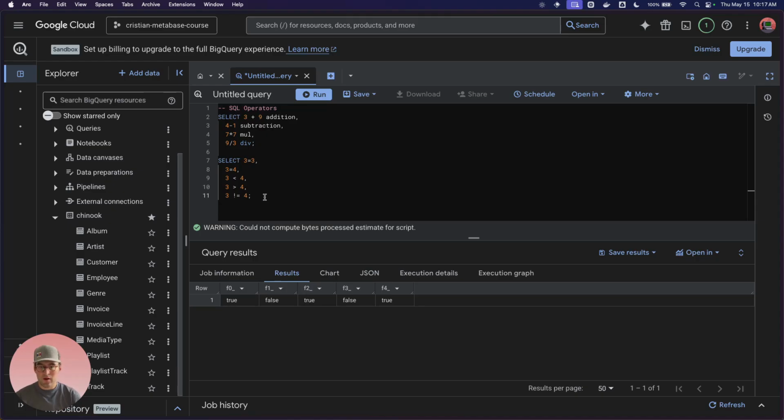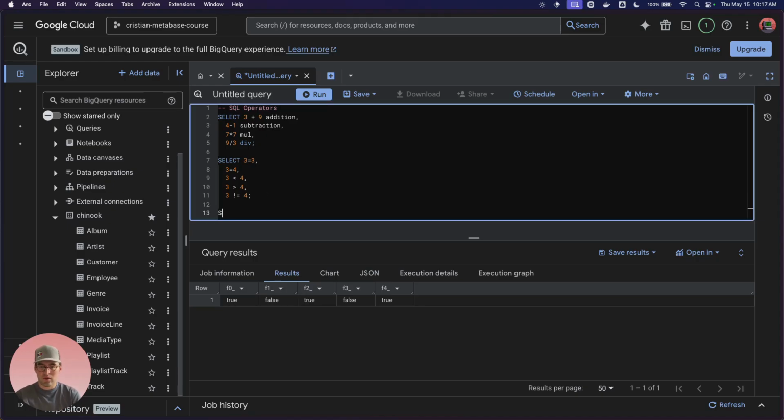But let's talk about our betweens as well. Between is what allows us to check if a number is in a range of values. You're going to need 3 different numbers here. There's first the number that you're analyzing. Let's just use 10, for example. And then we would write between, and let's first try something that is true, 9